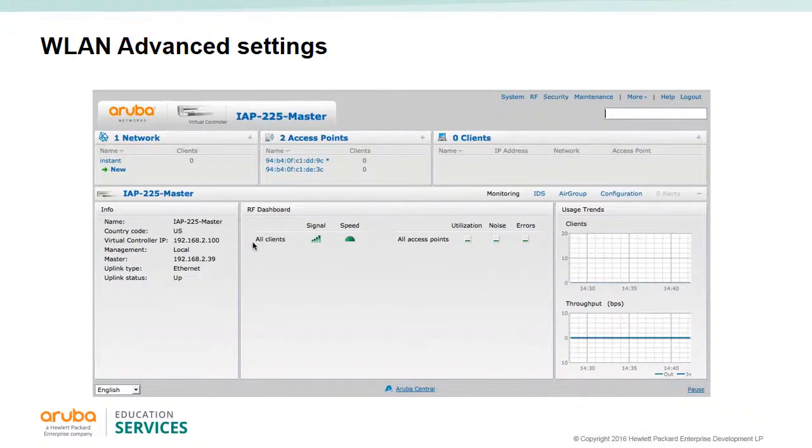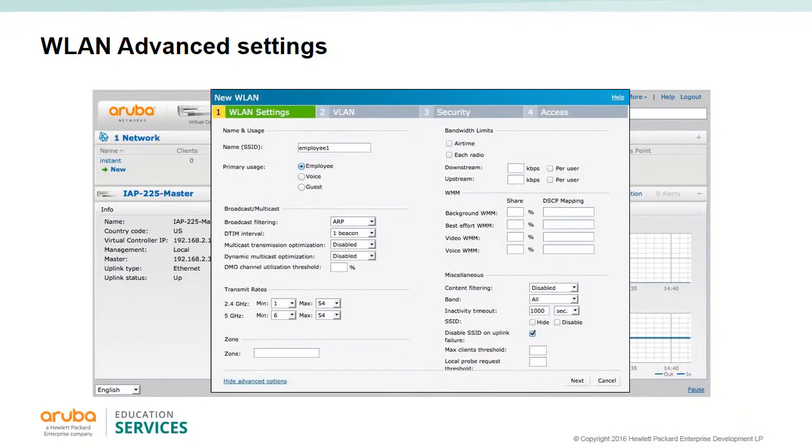In the network section, we selected New and launched the Wireless LAN Wizard. You were initially presented with a simple window where you enter the name of the SSID. You are presented with 3 simple choices: employee, voice, and guests. One must be selected. If you click the advanced settings, you are presented with many more options: broadcast multicast options,